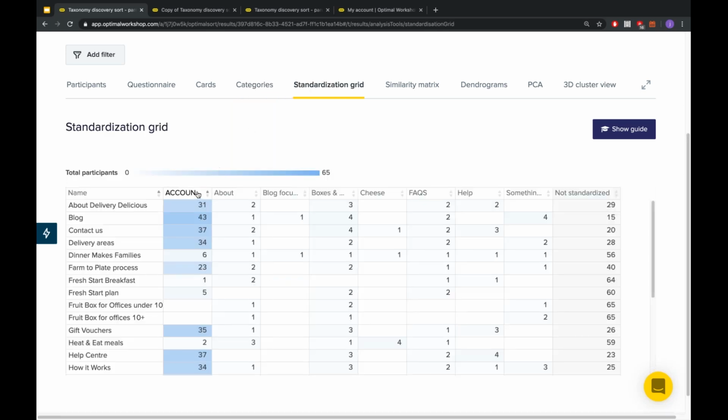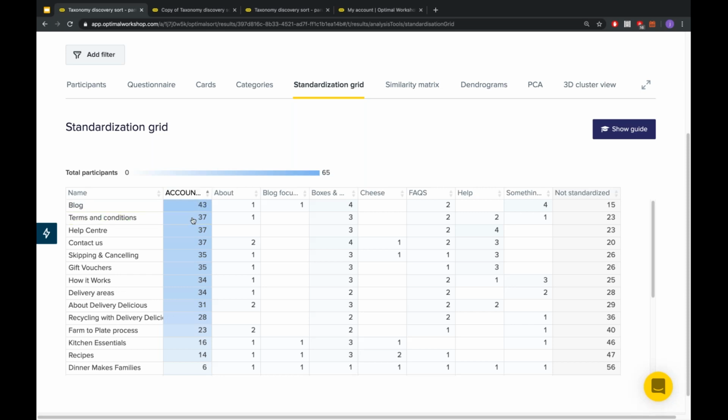Once you've done a little bit of work in there, you'll get to see how all of the standardized categories that you've created compare to each other, as well as the data that hasn't been standardized as well. And that's going to give you a good idea of, are there ideas that are competing against each other for similar content, or is there one strong idea that we're happy to move forward with?